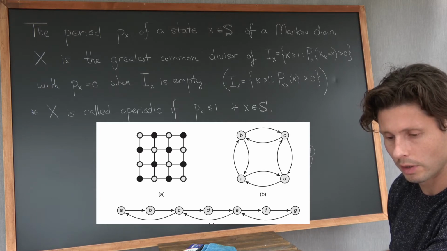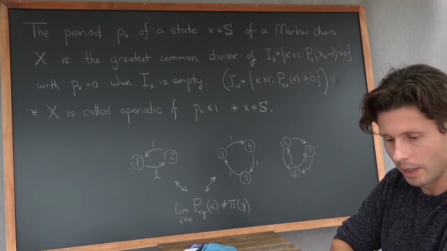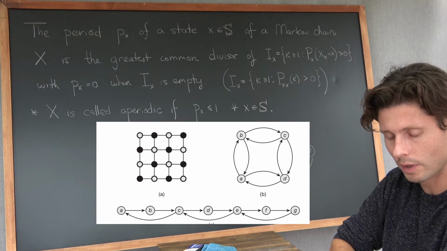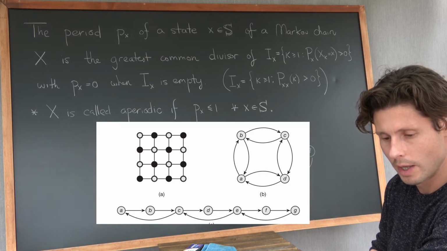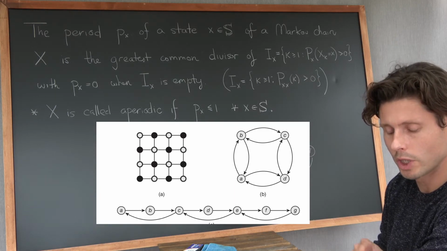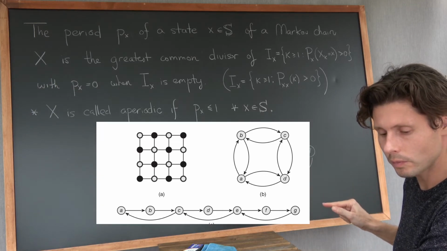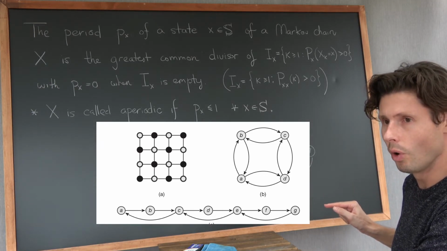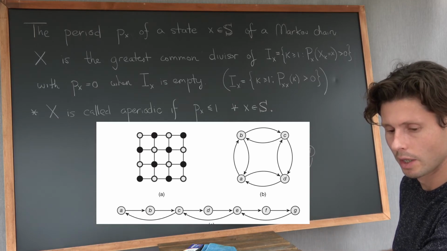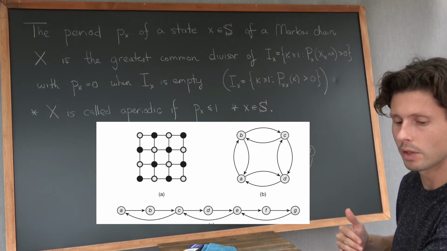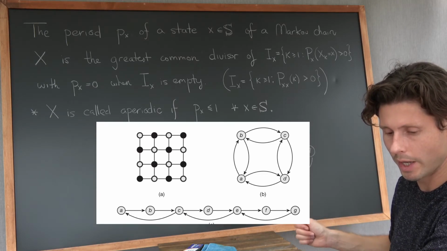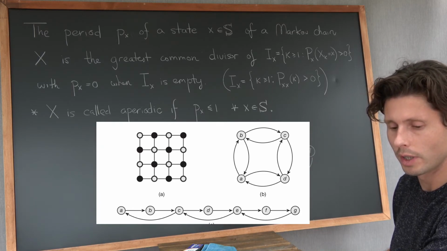So clearly what I've drawn here is not the only kind of possible. You get more complex cases for how you return back to the original state. So don't think of it as, if the period is 3, which it is in this very bottom example, that you're always going to return in 3 steps. It means you're going to return in a multiple of 3, right? And clearly you can see a path that returns in precisely 3 steps, and one that returns precisely in 6 steps. And then if you go all the way from A to G, and then skip back to E, C, A, you'll return in 9 steps.